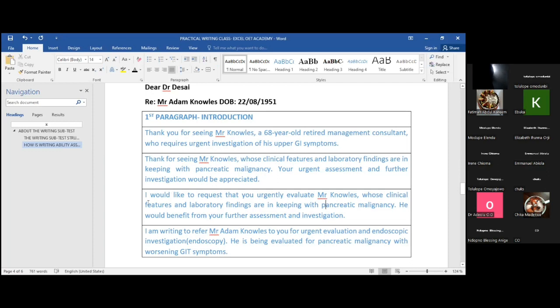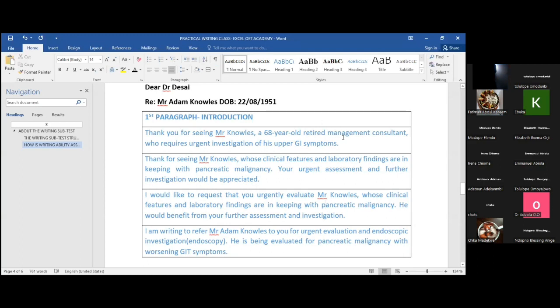I would like to request that you urgently evaluate. It's a referral letter. And then I'm writing to refer. It's a referral letter. So this must be in your introduction. So if you discharge, I'm writing to discharge. Okay? So know that it's a discharge letter. Two, what do we need? The diagnosis of this patient, or the signs and symptoms of this patient? Remember when we read the case note, we saw that the patient was being queried for pancreatic